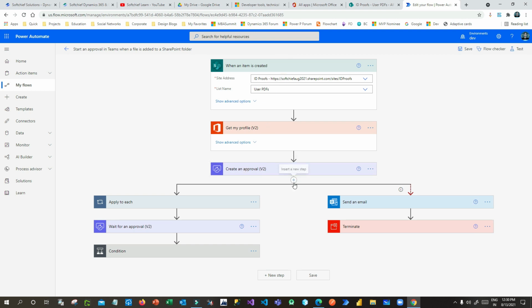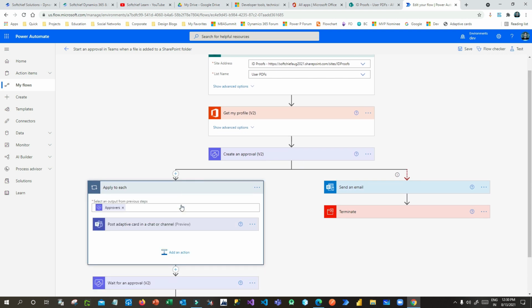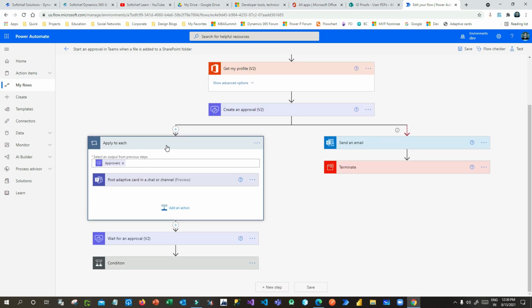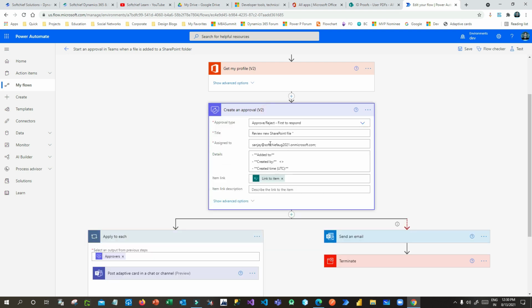Now there are two parallel branches after this approval. First, it's applying a for each loop. When the approval is sent to different approvers, it will check all the approvers' responses. It will check all the approvers that are selected in this assigned to field.